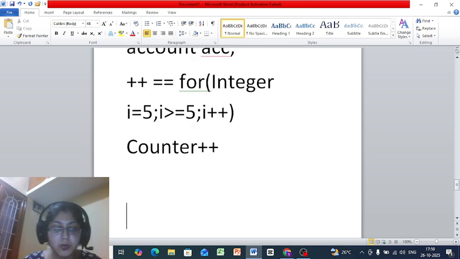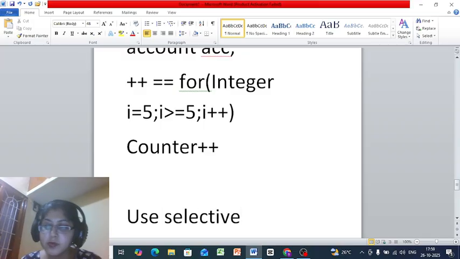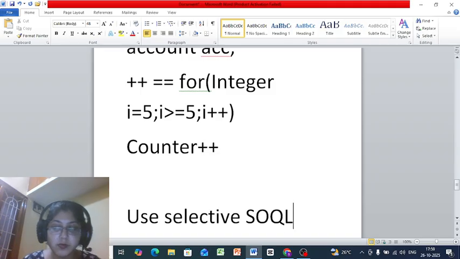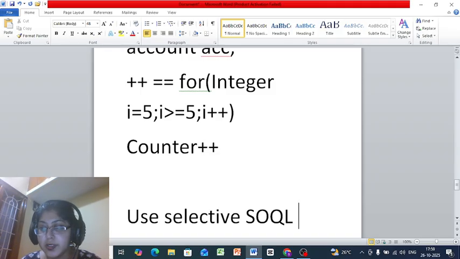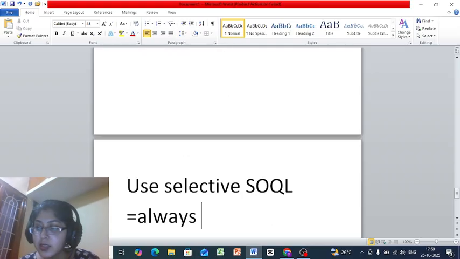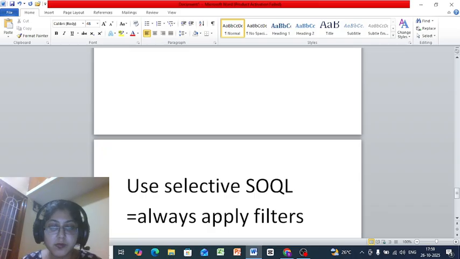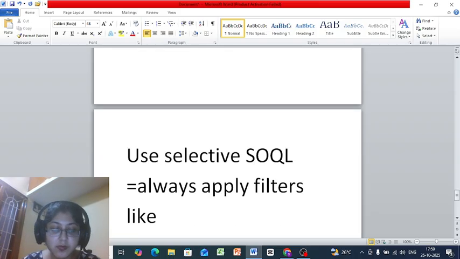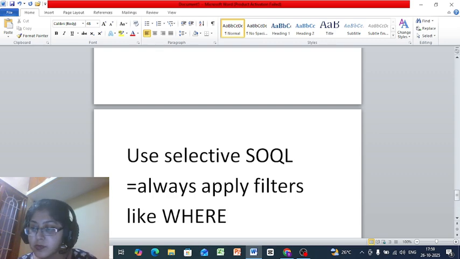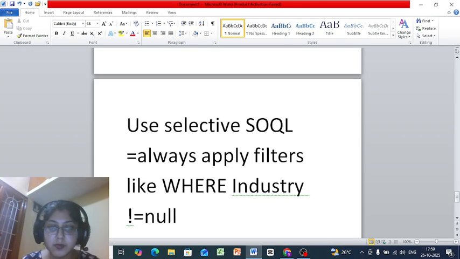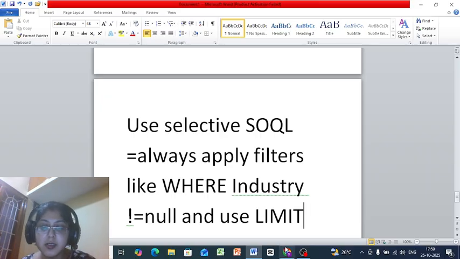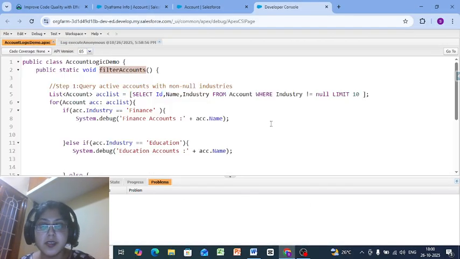where I see use selective SOQL queries. SOQL queries always apply filters like where industry is not equal to null, and use limit. Okay, now when it comes to the logic which I have applied here, I have quoted as